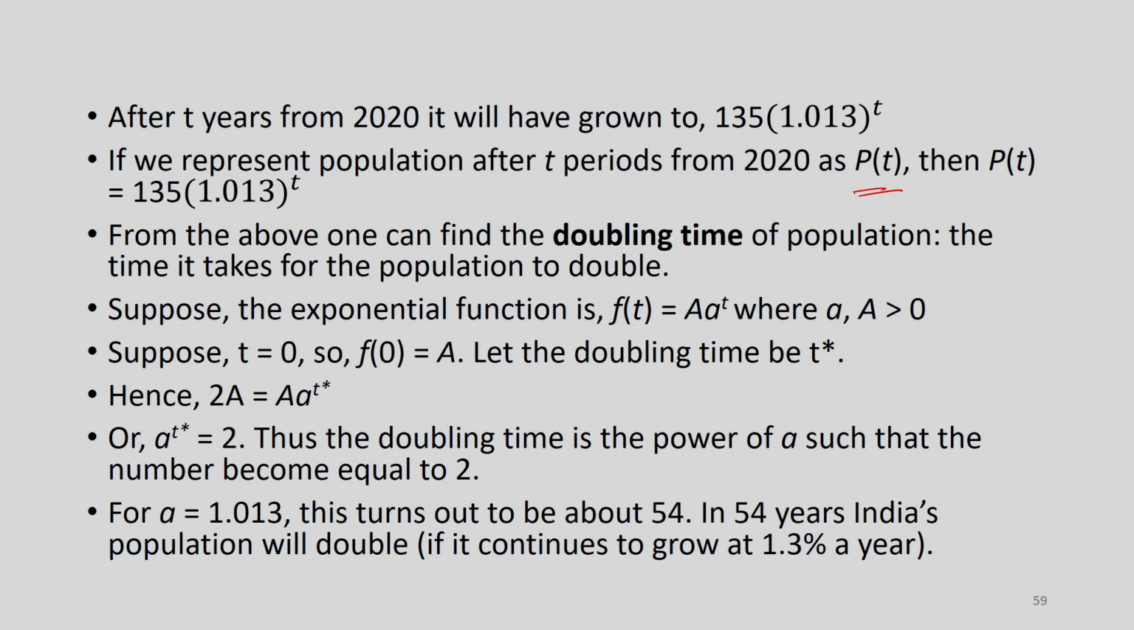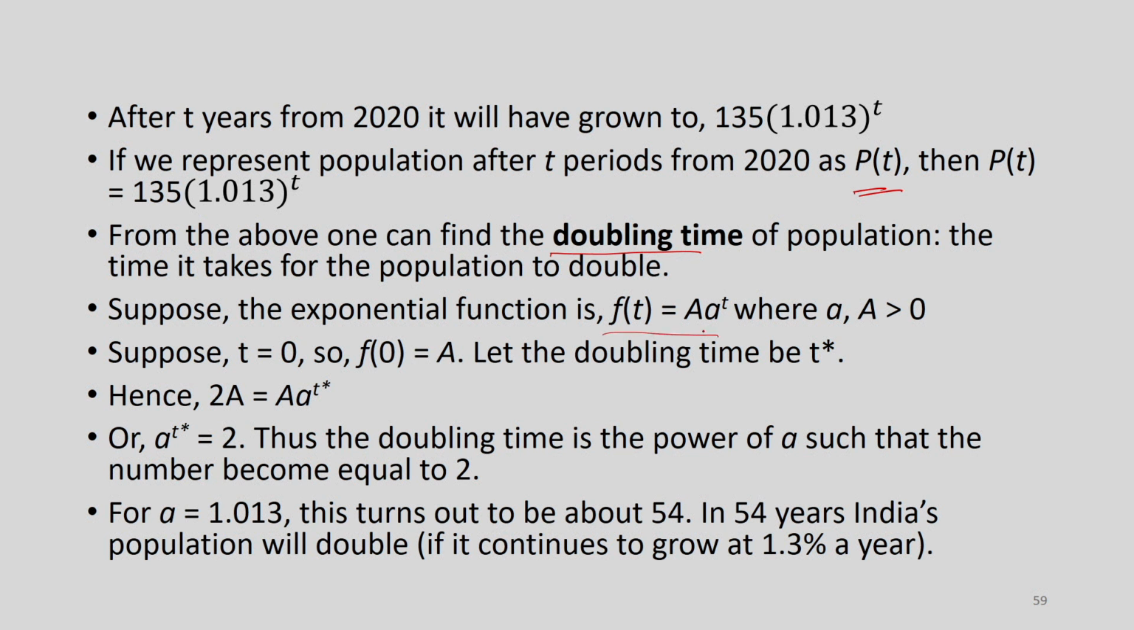From the above, one can find the doubling time. This is an important concept that is often used, doubling time of population. What does it mean? It is the time it takes for the population to double. So, population is growing, let us suppose small a is positive and greater than 1, then population is growing by a constant factor. One can ask the question, how long does it take for the population to exactly double? We can call that time the